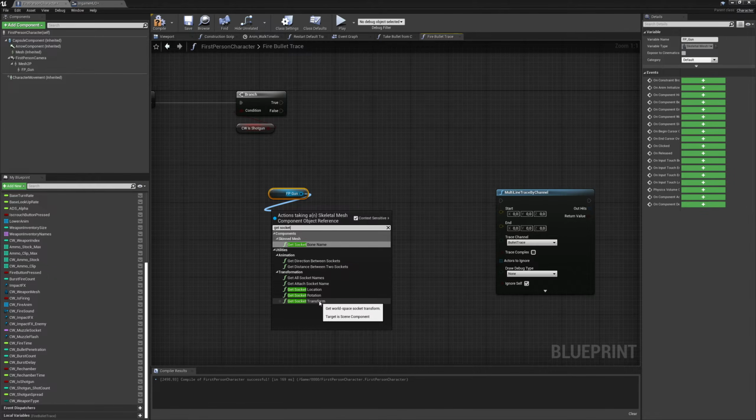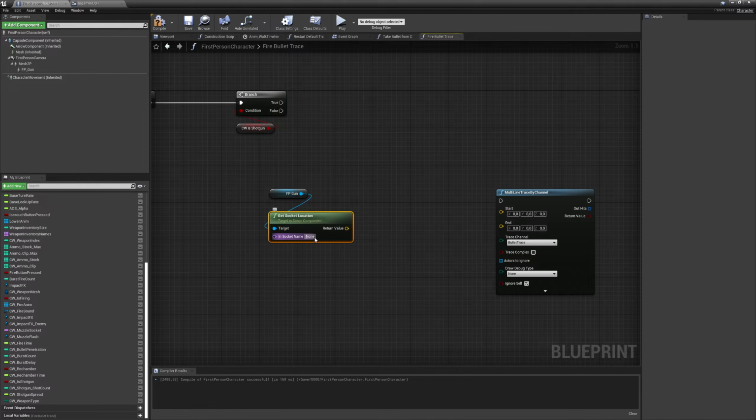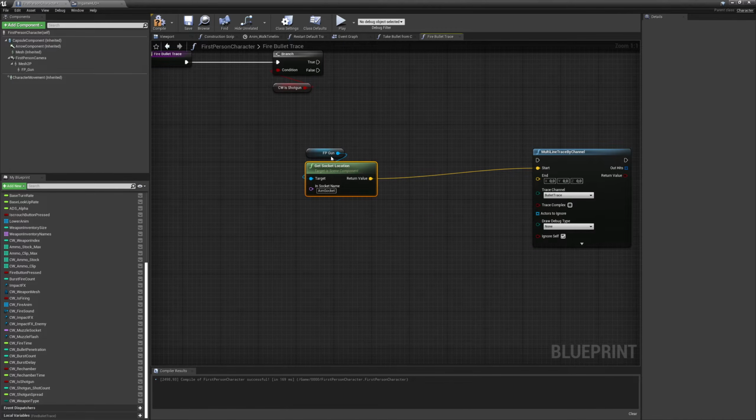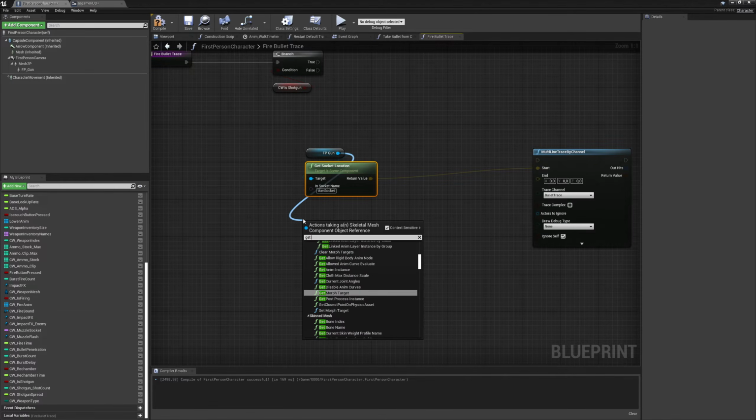Otherwise you could use your muzzle flash socket, for example, so you could replace it with that. But I'm going to use my aim socket, and I'm going to get the location from it. So this is the starting point of the line trace, and then I'm going to also get the rotation of this socket. So get socket rotation,